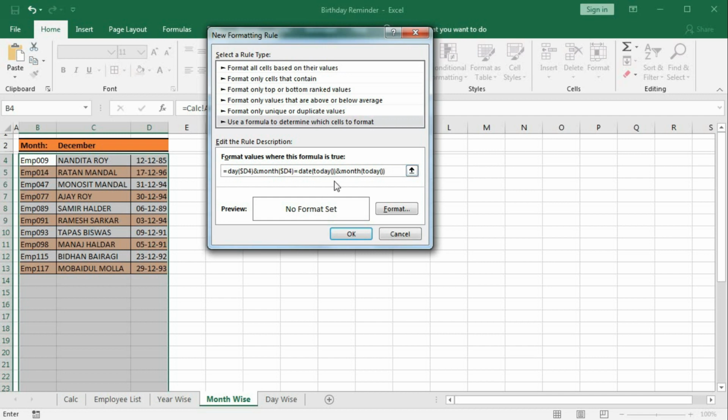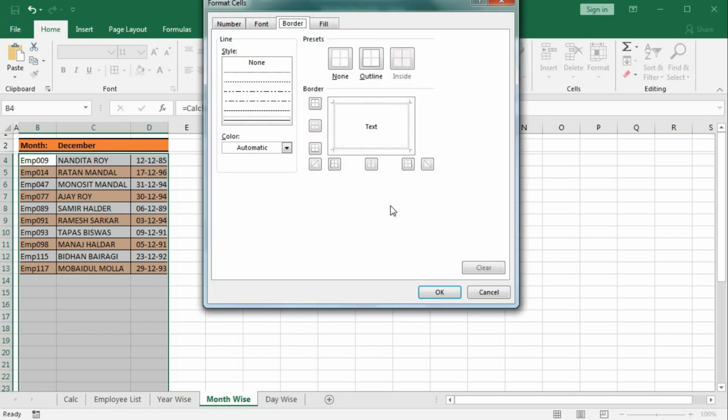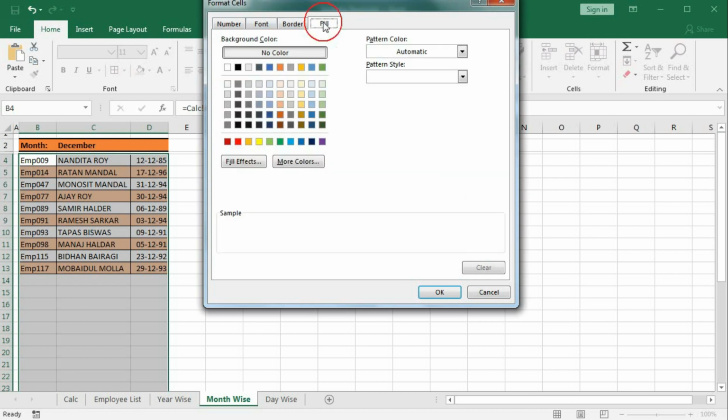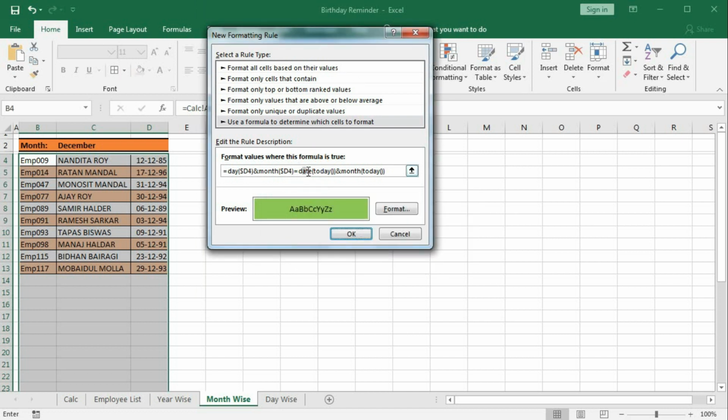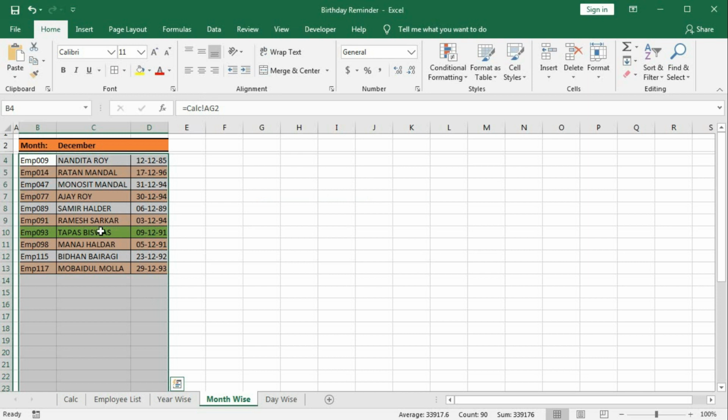So here also we'll get 9/12. Now select this and fill color, we'll use green color. Okay. Okay, so here should be day, not date. Day. Okay. Now you can see 9th December is highlighted.